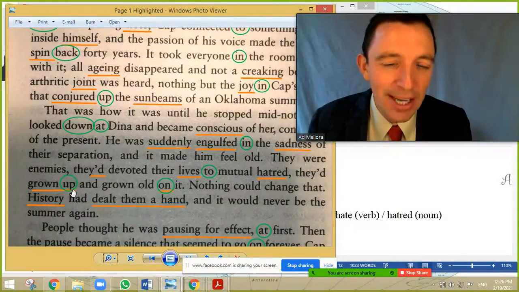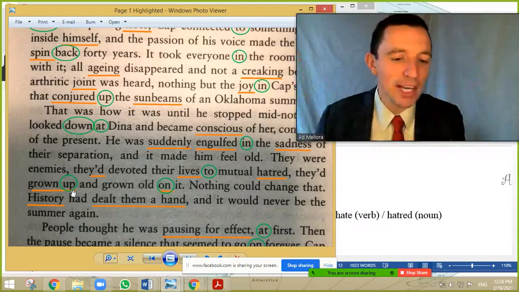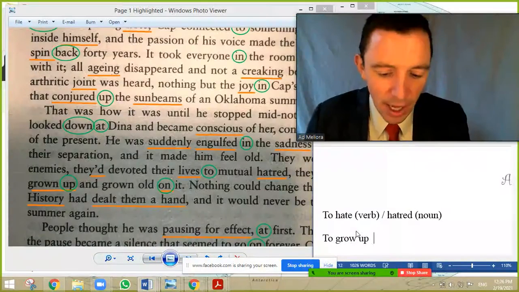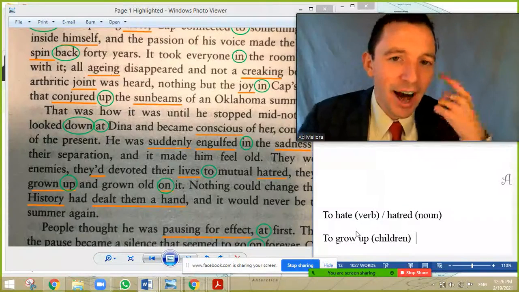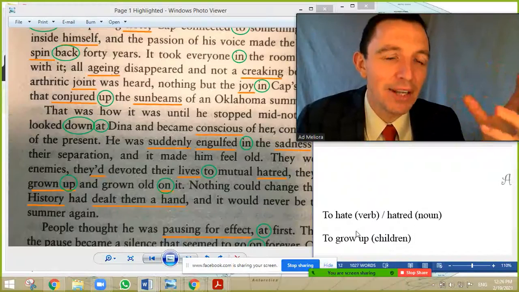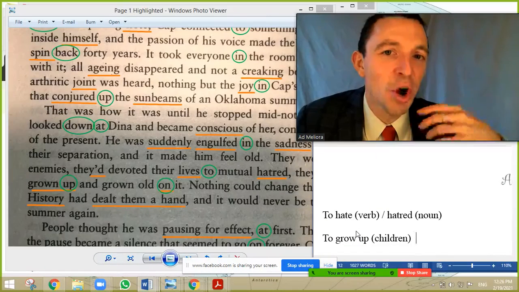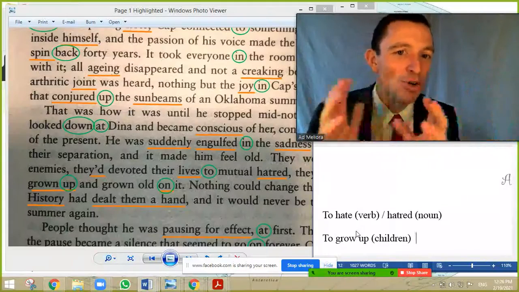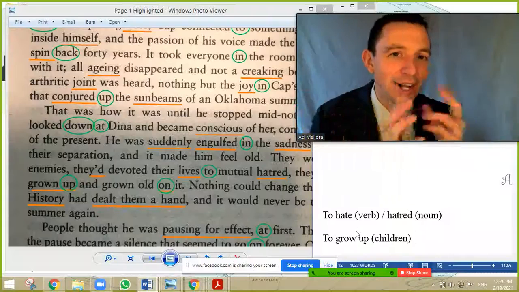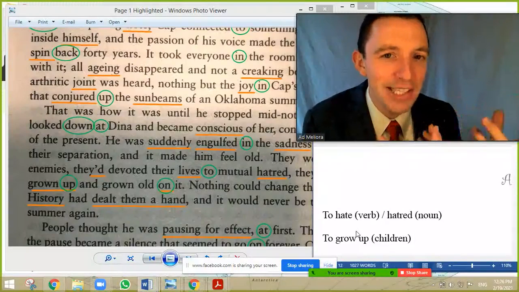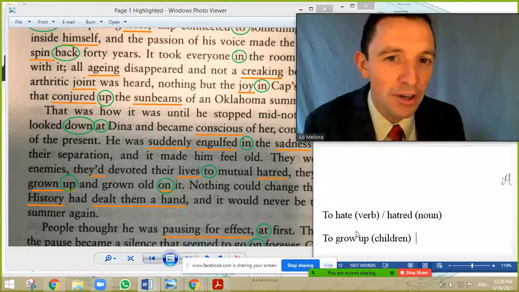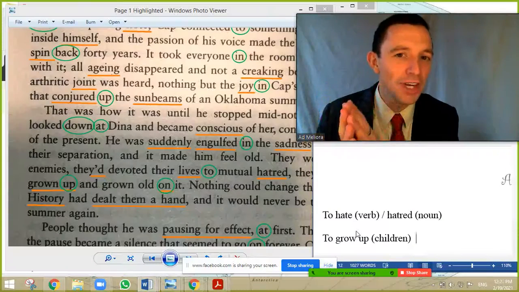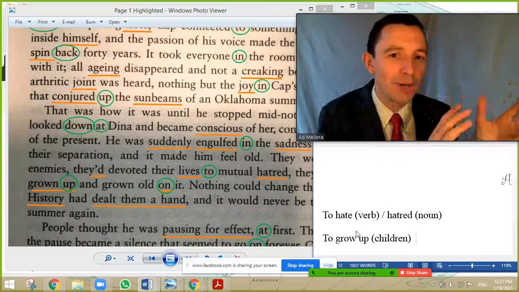Okay, so that's an example. They had grown up together as children. So it is very important, and I want to explain a little. So to grow up is for children, and the typical error is in the company. I have heard so many times people speak in English and say to grow up in the company. But this is the error and this is the mistake, because grow up is just for children and just to mature, and in the company we eliminate up. It's understandable, but it's not common. So just to grow in the company, to progress in the company, but grow up is purely associated with children and to mature. So it's an error when you say grow up in the company.